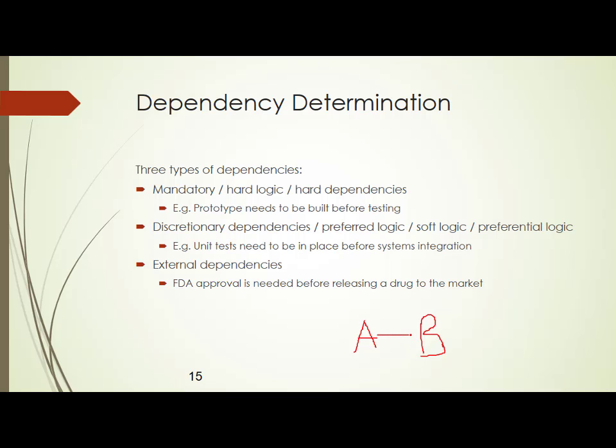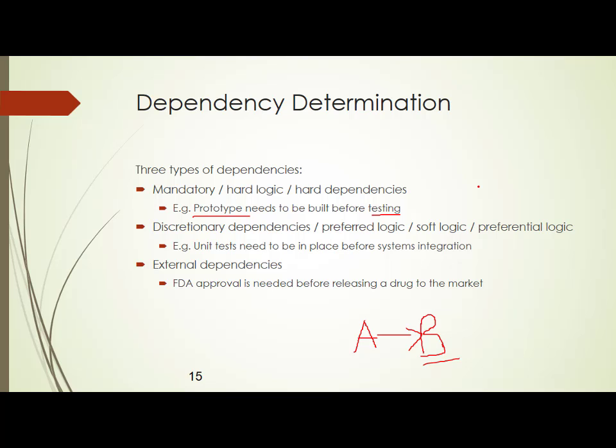Now there is a dependency between these two activities. Activity A is nothing but development of prototype. Activity B is nothing but testing. So the Six Sigma says that if there is a work package which includes prototype as one activity and testing as one activity, you should always ensure that you put the prototype on the top and you put testing below it. This is called a mandatory dependency because it is mandated by the organization. You cannot change this.